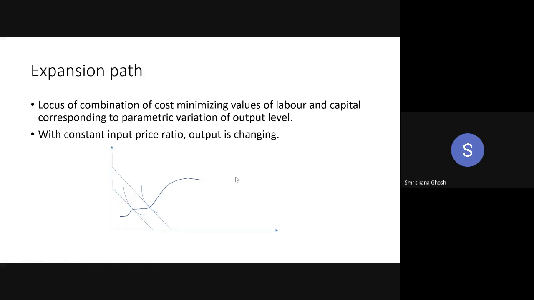But other than the expansion path, there are so many points here and here where MRPTs are same. The MRPT on that isoquant at this point may be equal to the MRPT at this point, because MRPT is just the ratio of the marginal products. So these are same, but they are not at the equilibrium points. If you can join all those points where the MRPT is constant, this is your isocline. And along the expansion path, your MRPT is constant, and it is equal to W by R.